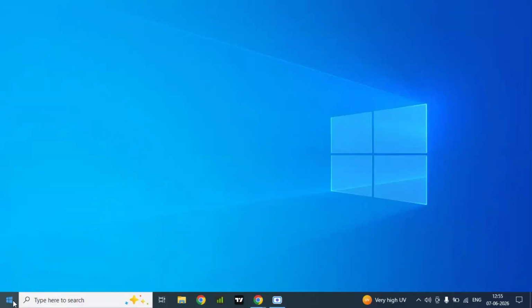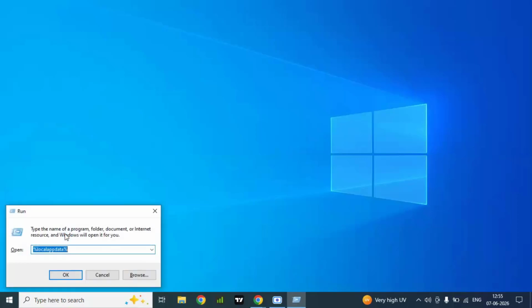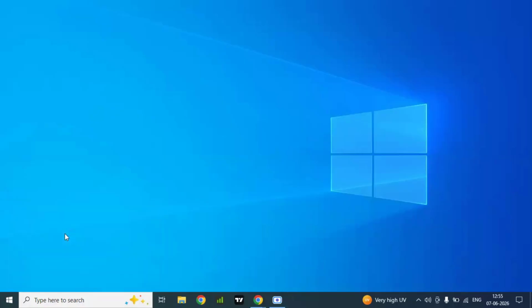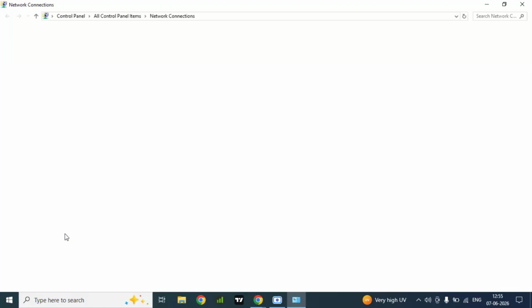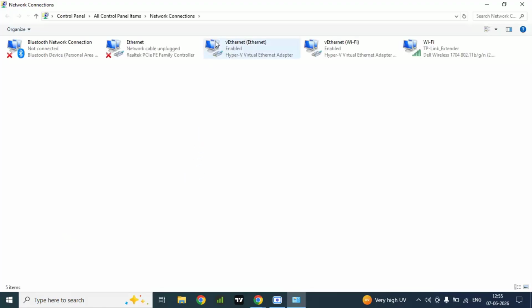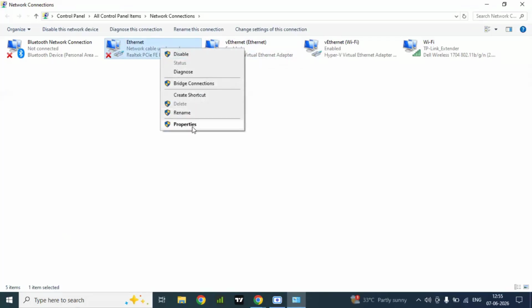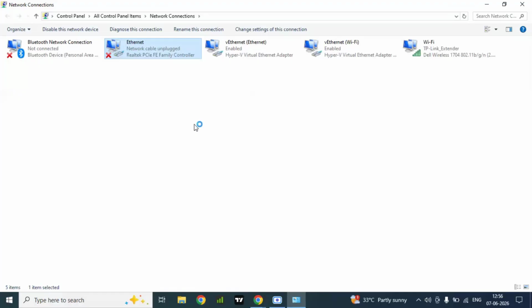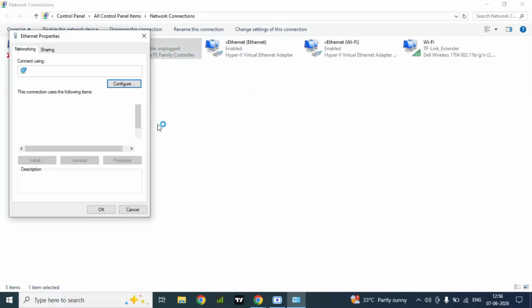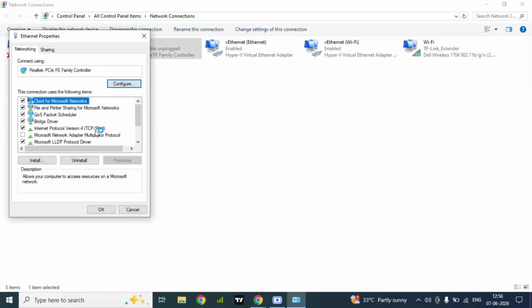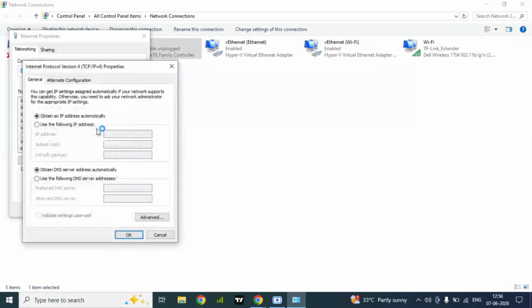The first method is you just need to press Windows plus R key, then type here ncpa.cpl. Here you need to select your Ethernet. Suppose if this is your Ethernet, right click on that, click on properties. Here you will find Internet Protocol version TCP IPv4. Double click on that. Select use the following DNS server address, which is